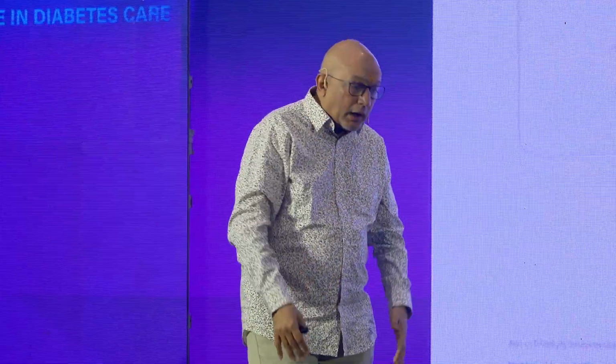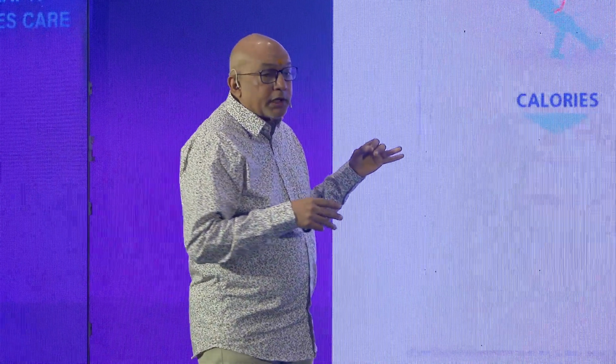There are three kinds of complications. One is mechanical complications that are caused by just the excessive accumulation of fat. This is obstructive sleep apnea, this is arthritis, this is back pain. Second, there are metabolic complications. The most important of the metabolic complications is diabetes. The others include a whole bunch of other things, including NASH. The last important complication is a psychological complication that occurs in all of these.